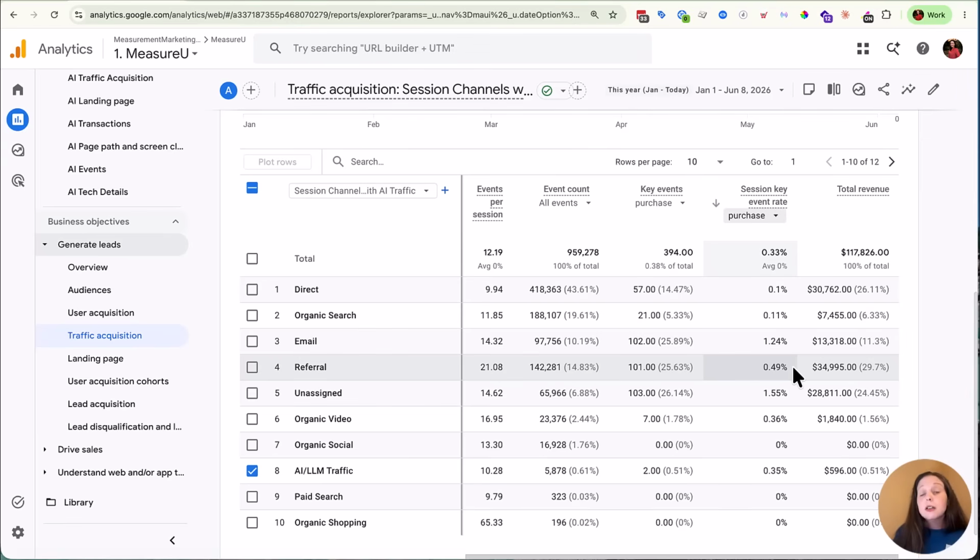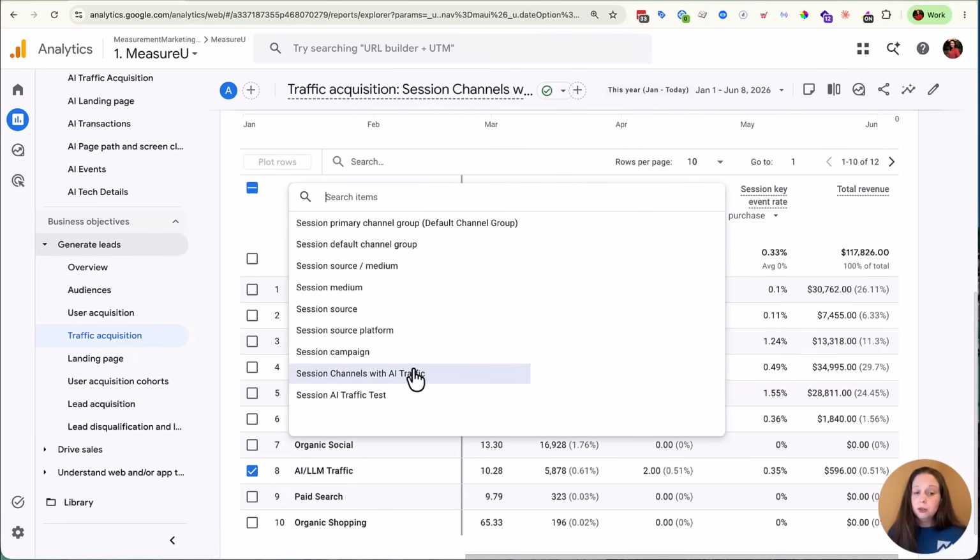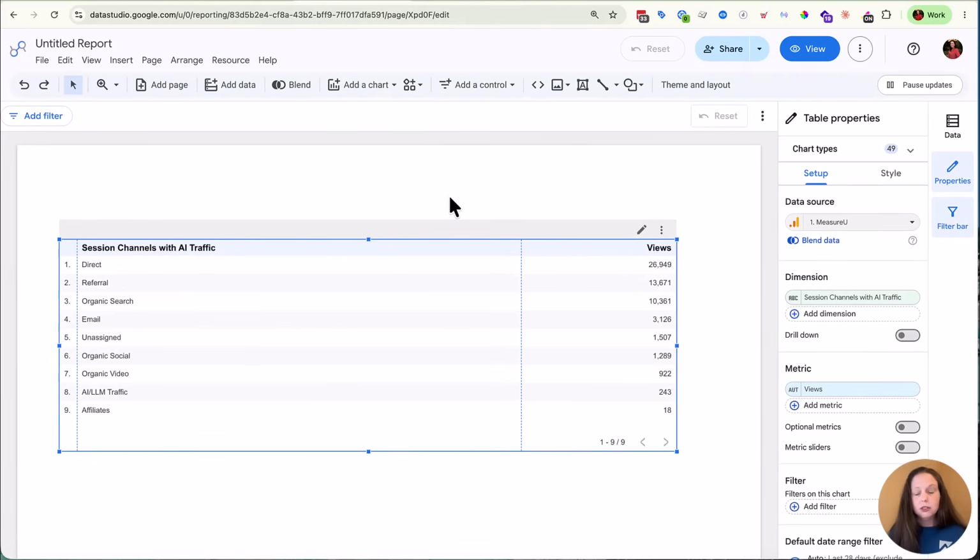But maybe you don't really want to have to teach your client how to use GA4. You want to create them a dashboard. Fantastic, I love that idea. So if you have created your custom channel group, you're going to go over into your Data Studio. You're going to hear me get those two mixed up, Data Studio and Looker Studio, because it's still newly changed back to Data Studio.